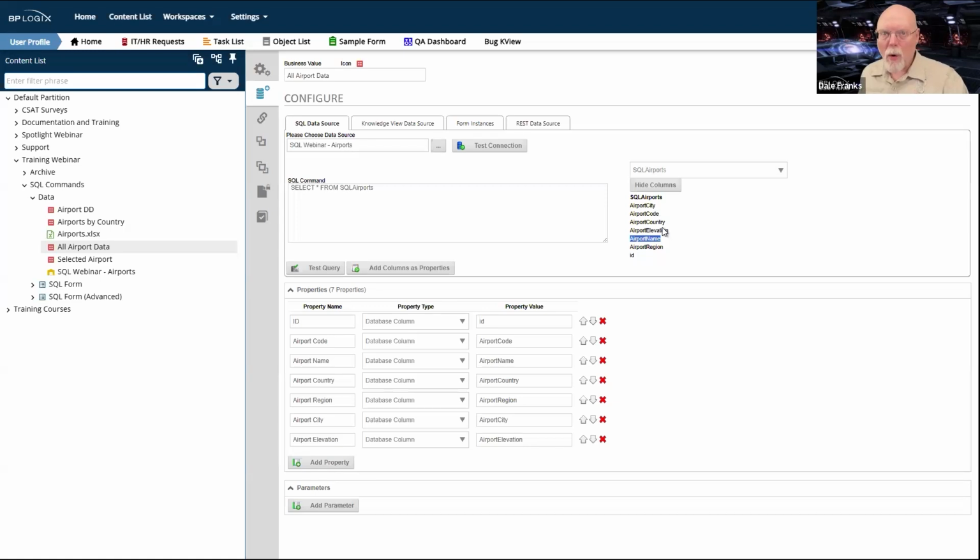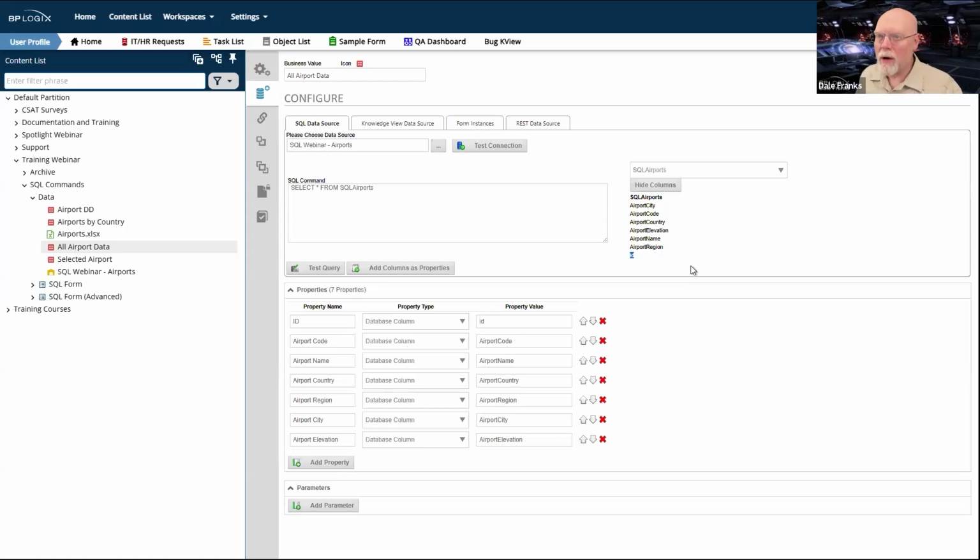Now, I do have one problem with the column names that I've given them, which is this column right here, ID. Now, that is a valid column name for a database table. It's not a great one, I'll admit it. I should have called this airport ID.